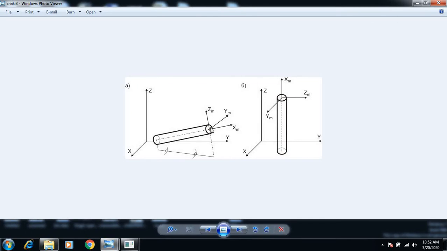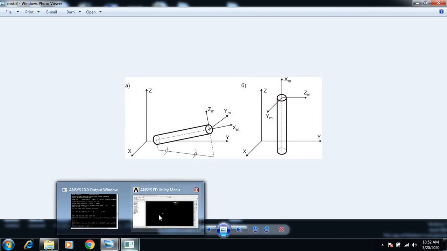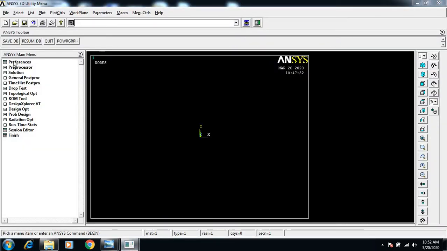What is that concept? The truss element is similar to your bar element in the local coordinate system. So we are going to use the same element type for solving this truss problem. So we are going to go with these preferences,